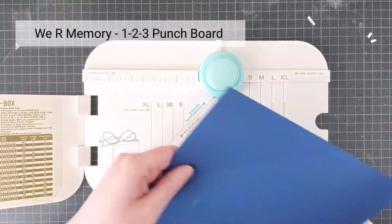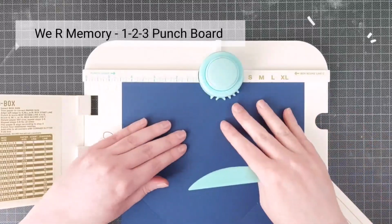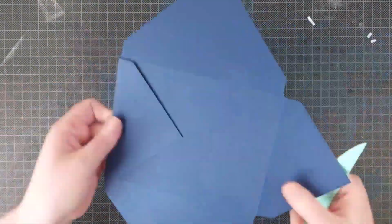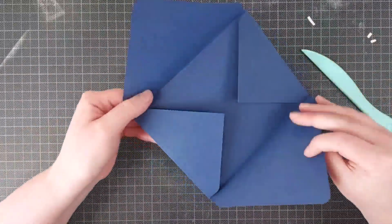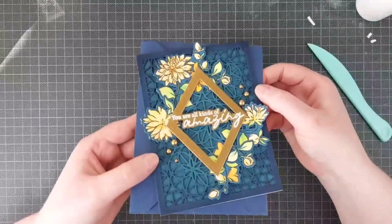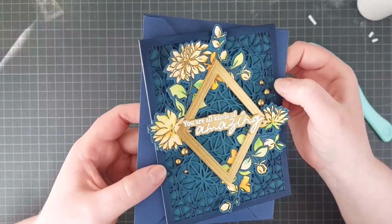For a matching envelope, I'm keeping things really simple. I'm just folding one out of dark blue cardstock. It's not an exact match, but I love that petrol blue cardstock too much that I used for the card to make an envelope out of it. I don't have a ton of it, so I just used this, which I do have quite a bit of. Once that's folded, I can glue it down with the Barely Art Precision Craft glue, and that finishes up this